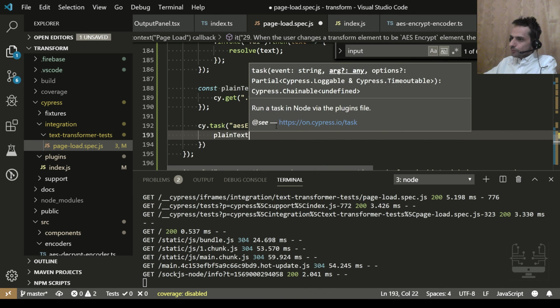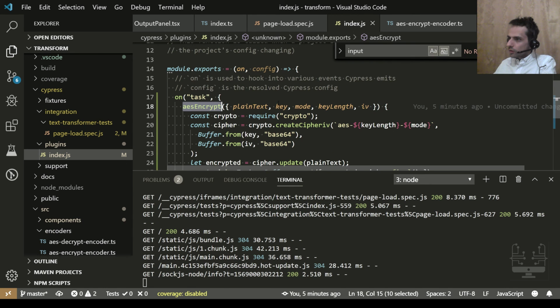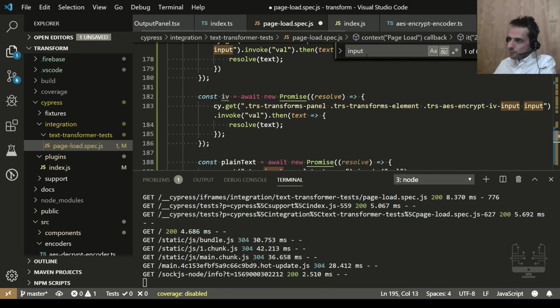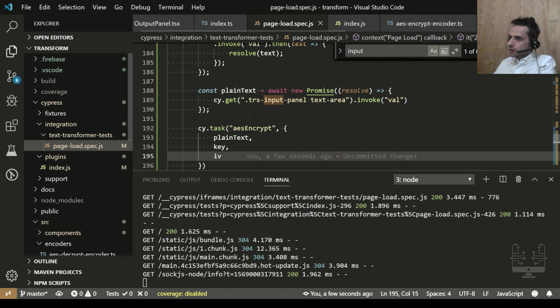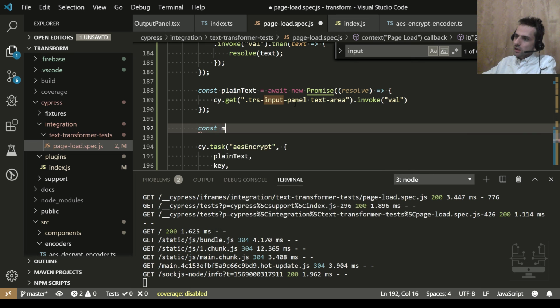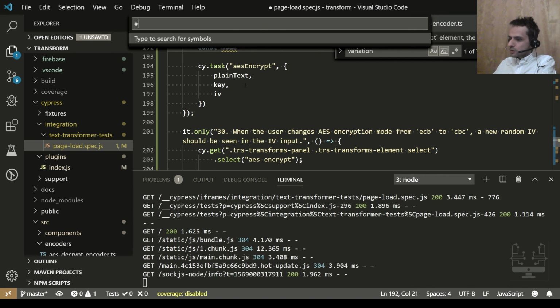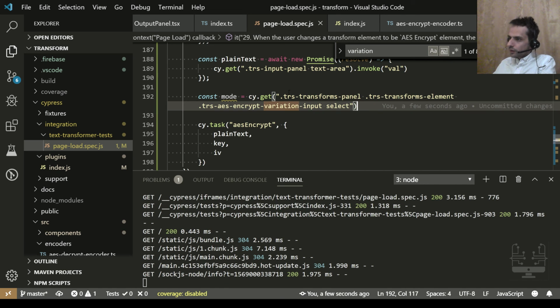So now we can call plain text, key, mode, key, IV, mode and key length. Key length we can get from this select. I mean mode we can get from this select. TRS transfer